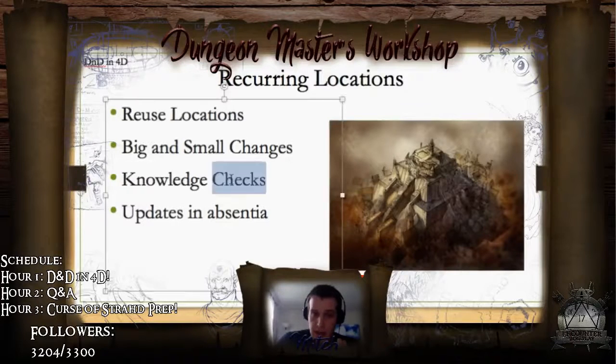Knowledge checks is a cool way. Let's do updates in absentia. No, okay, we'll do knowledge checks first. So one way to try and have your cake and eat it too. If you're a GM who's got a big world, a whole lot of locations you want the party to go to, you really just can't bring yourself to send them to the same city because there's other cool cities to go to. One thing that you can do is when the party is entering somewhere that they've never been before, they've never been to this location,